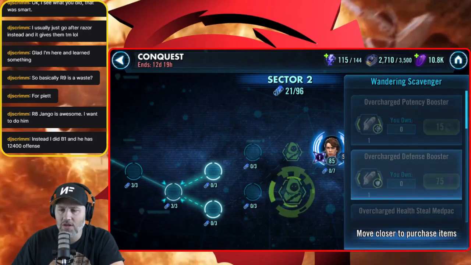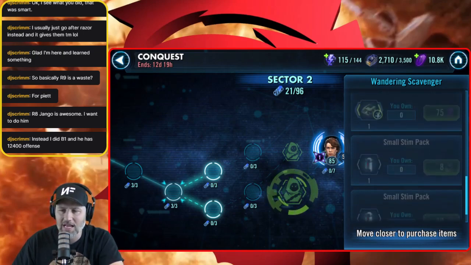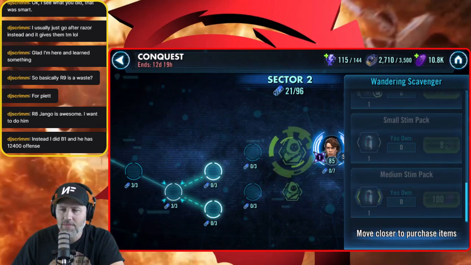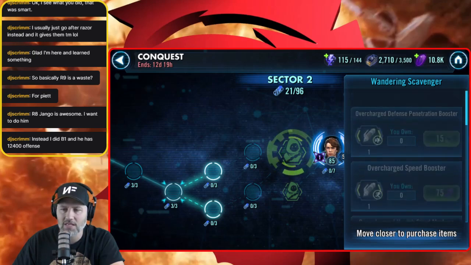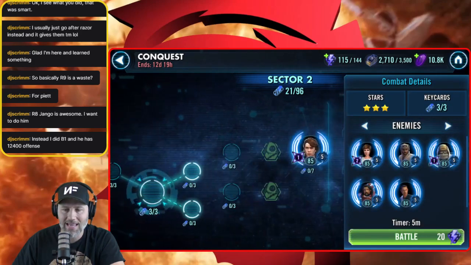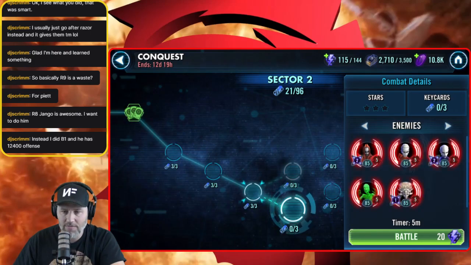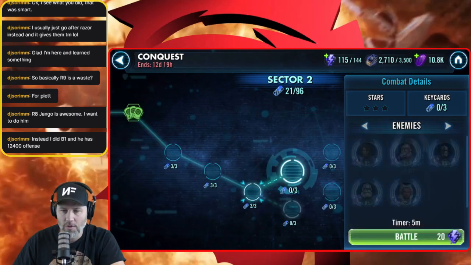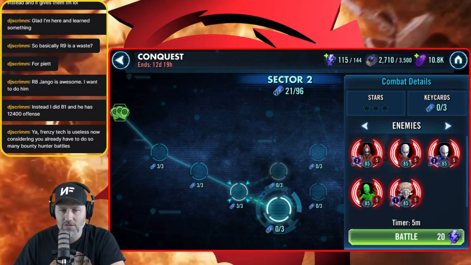Now, if you look, it'll tell you what you get. So there's a frenzy tech in here. If you needed frenzy tech, I don't. And there's small stim packs. And then the medium one, it gives you medium stim packs, critical dots, overcharged, none of this stuff, whatever. But if you needed a frenzy, there's one down here. So you might want to do that or not. But get to this node, 3 nodes shy, and then see what they have, and then decide whether you want to go bottom, which would be this one, and then this one, or whether you're okay with going, gas and Night Sisters. Now, I might just do Night Sisters simply because it's an easier node, or I say easier, but